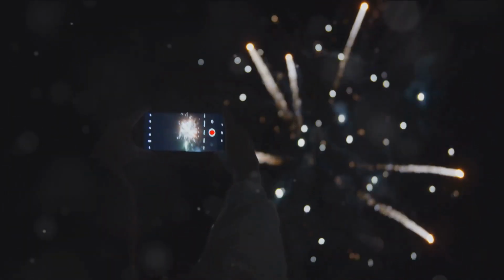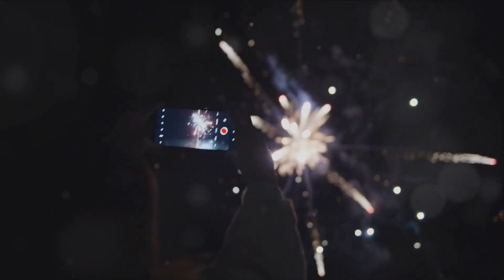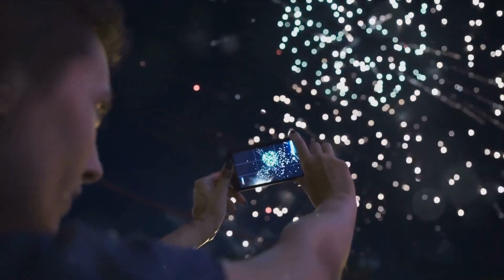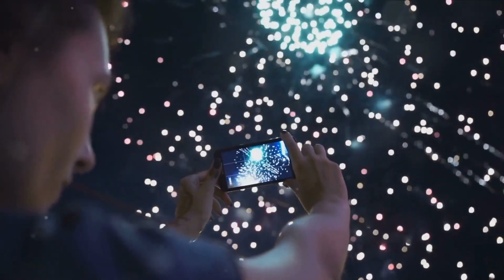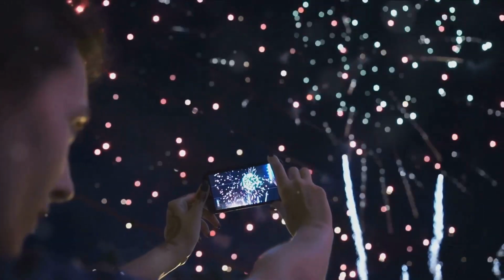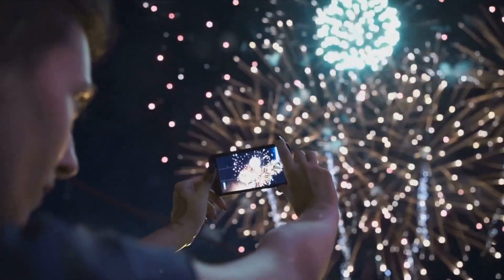In manual mode, you get to be the boss of your camera settings. You can adjust the exposure settings to suit the intensity of light that each firework produces. This may seem a bit technical, but trust me, it's worth the effort. Start with a lower ISO to reduce noise and adjust your shutter speed and aperture according to the brightness of the fireworks. Remember, fireworks are fast, so a quick shutter speed can freeze the action, while a slower one can